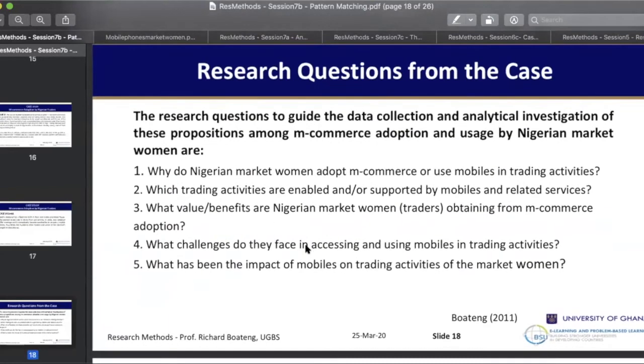The research questions to guide the data collection for the analytical investigation of these propositions among m-commerce adoption and usage by Nigerian market women are: Why do Nigerian market women adopt m-commerce or use mobiles in trading activities? Which trading activities are enabled or supported by mobile-related services? What value or benefits do Nigerian market women obtain from mobile commerce adoption? What challenges do they face, and what has been the impact of mobiles in the trading activities of the